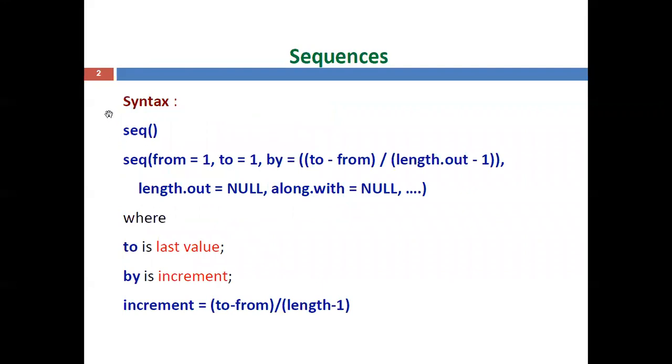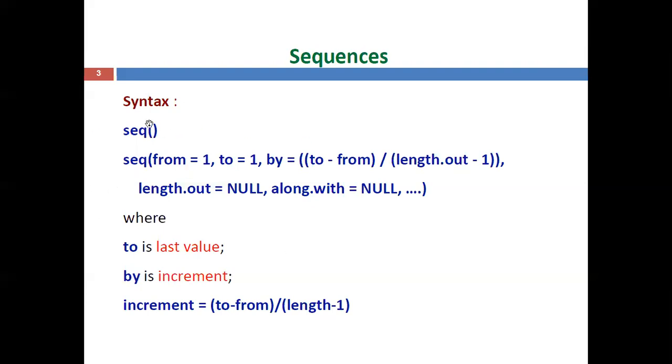In our previous lecture, we already discussed what a sequence is, what the syntax for the sequence is, and what the various arguments included in the sequence are. Then some examples related to the default increment of +1 or -1, or increment by a particular constant with a predefined length, then increment or decrement with a fractional value. Those examples were demonstrated.